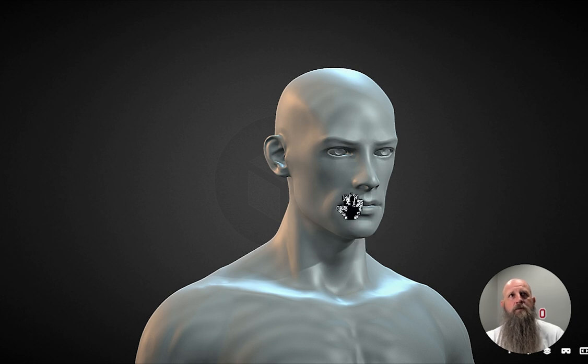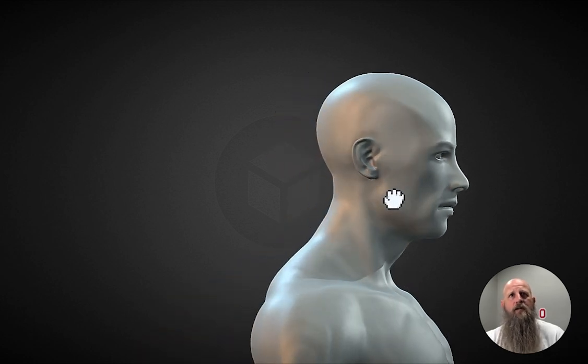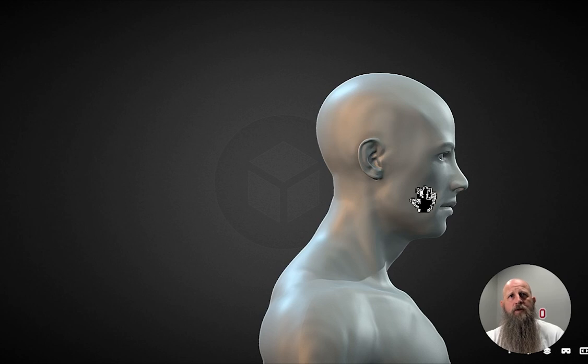oral, mental. Now, if we come to the side here and look at a more lateral view, here's our buccal region, our mandibular region, zygomatic up here. This is the temporal region. The temporal region, think of your temple. Up here, we have the parietal region. This is where the parietal bone is. So parietal, temporal, and then the fleshy part of your ear is known as the auricle. So this is the auricular region. And then the ear itself, where the ear canal is, we'll call that the otic